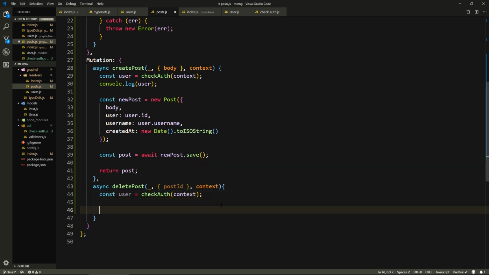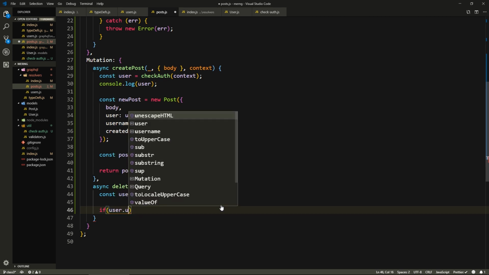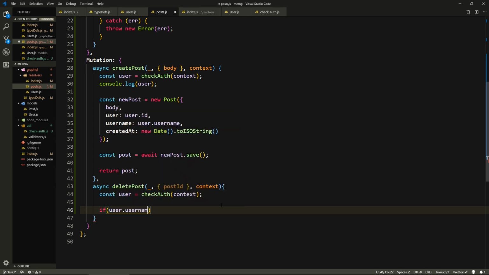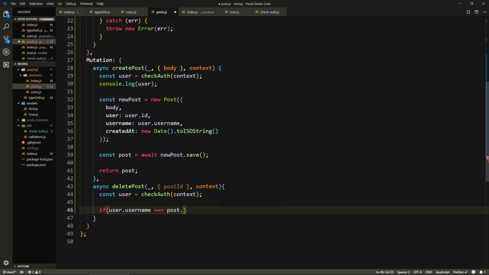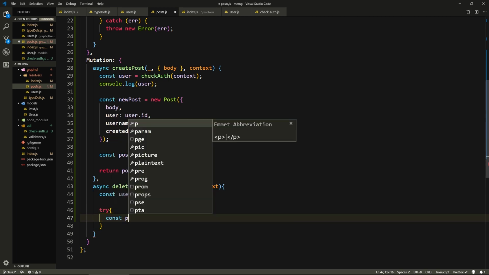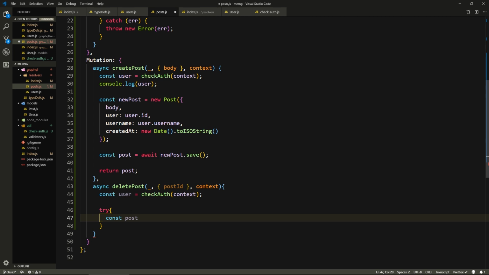And now even if we have the user, this isn't enough, because we need to make sure that this user is the creator of the post they want to delete. We don't want any user to delete any post. They're only allowed to delete their own posts. So here we'll simply say if user.username equals the post.username, well, actually we need to get the post first, and we need to wrap everything in a try block. So we'll say try, we need to find that post first,